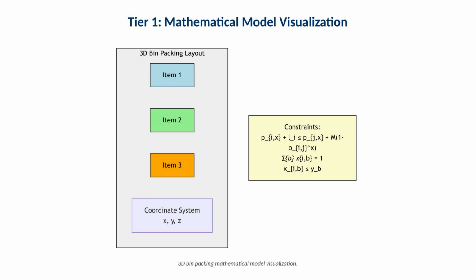This figure visualizes the mathematical model. You can think of each item as a box with a three-dimensional footprint, and the constraints ensure boxes do not overlap and remain within the bin. A key takeaway is that the formulation is complete but heavy. It is powerful for small instances, but as the number of items grows, we need heuristic and learning-based tiers to